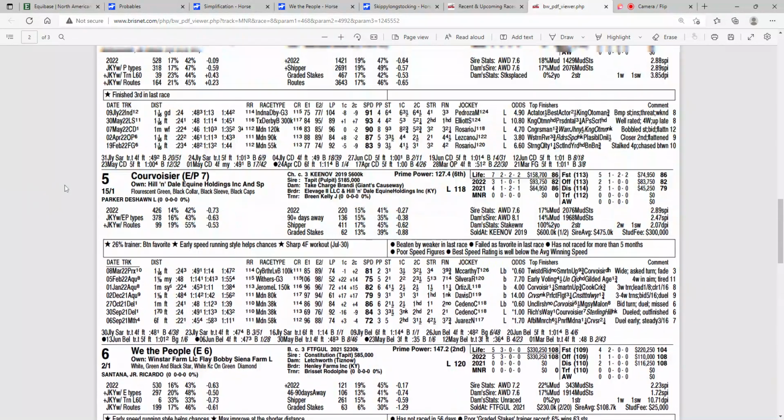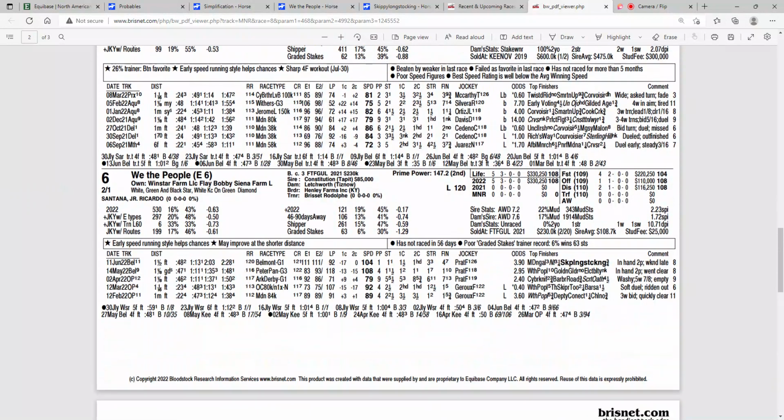But you do got to respect Simplification, and you got to respect We the People. But I think that the tables can get turned on We the People at this point. So that's what I'm going